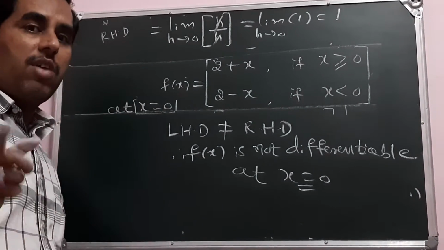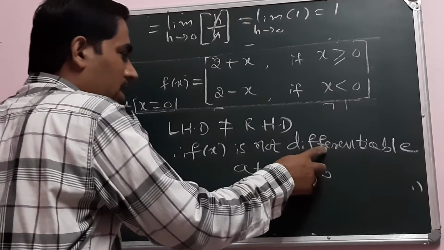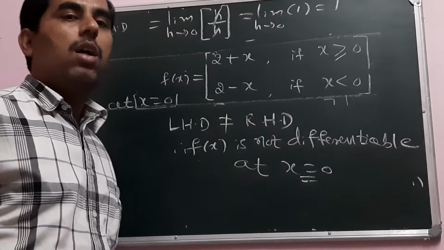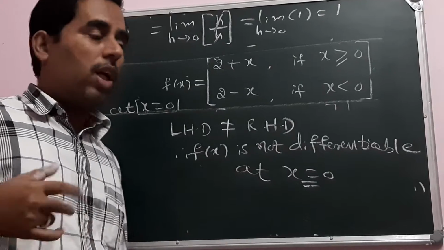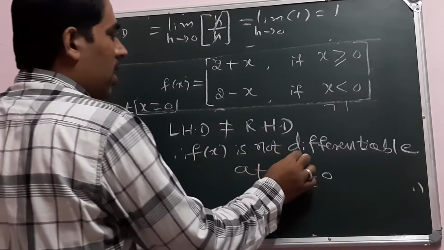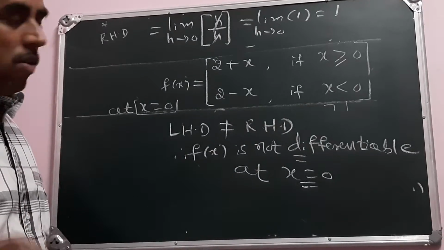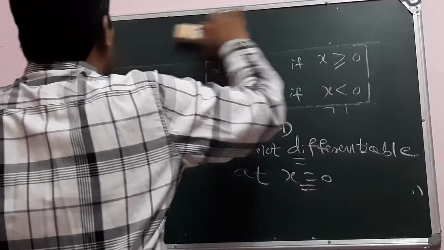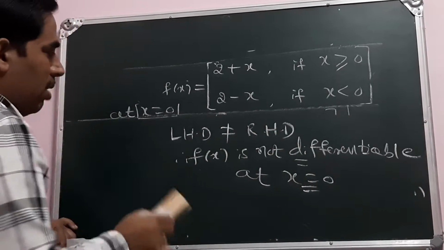Okay, so we have tested for differentiability, not continuity. This function is not differentiable at x is equal to 0. So in this way, you can check the differentiability of the given function. For this problem, we can also check the continuity here. So what is the conclusion here? It is not differentiable. Okay. Next, let us consider another example. So note down this result here. See, this is not differentiable.